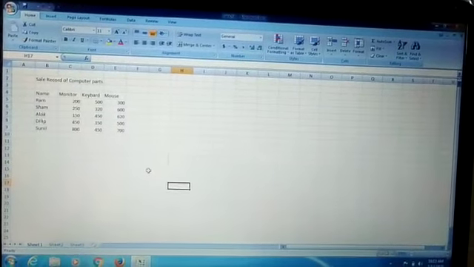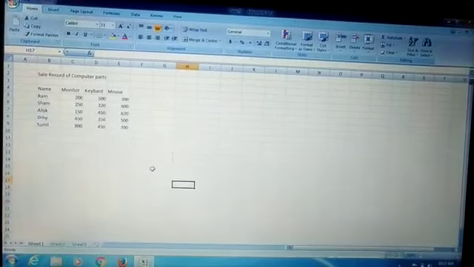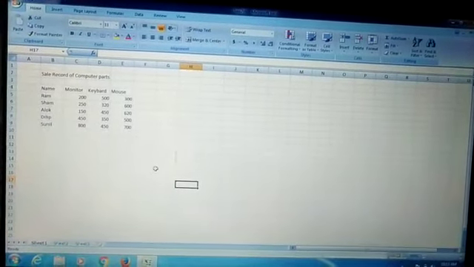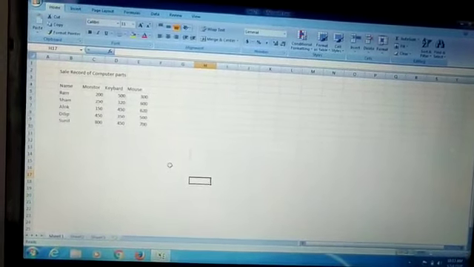Hello class 7th. Today we will do the page number 55 to 58 with back exercise of chapter number 6, and first we will do page number 55, changing column width.